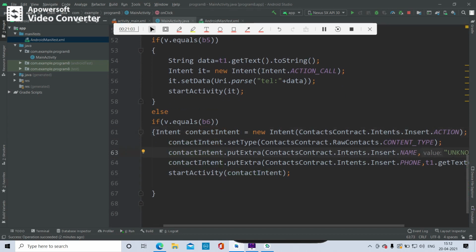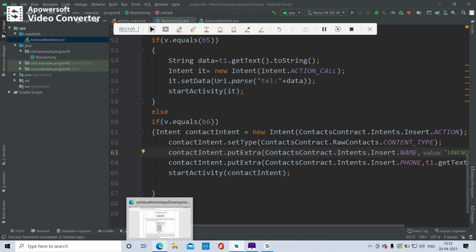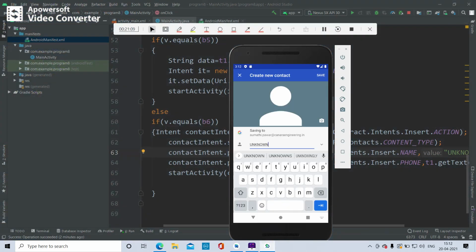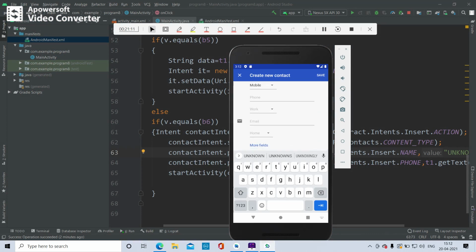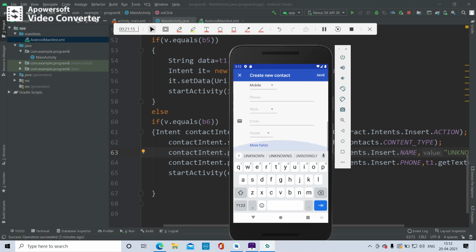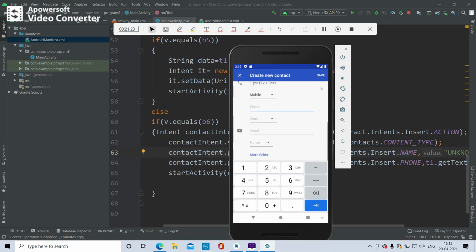Here it gives us the option to change the name. Any name you can give here, and you can also give mobile or work or anything. It allows you to give a phone number.